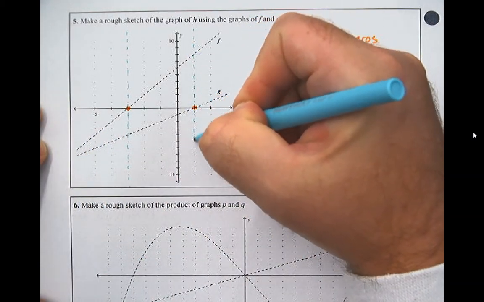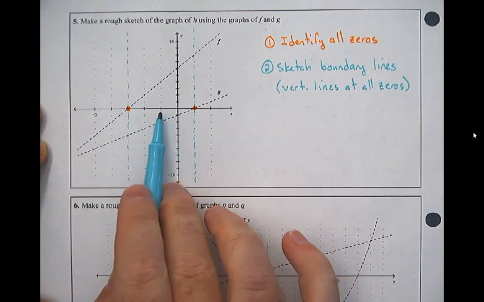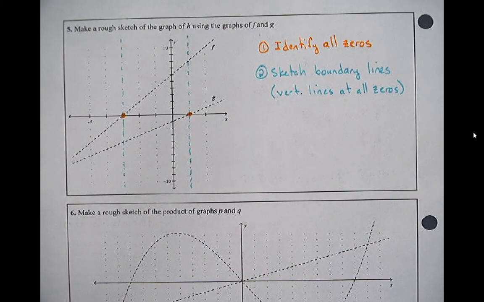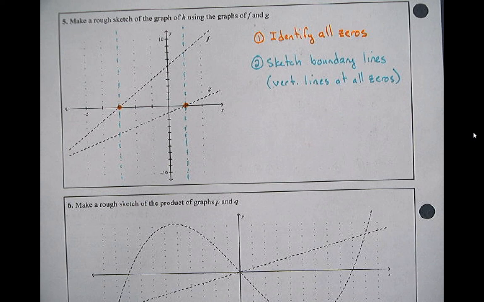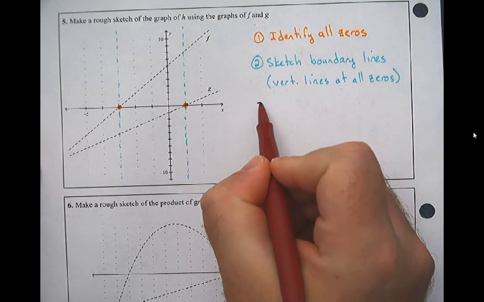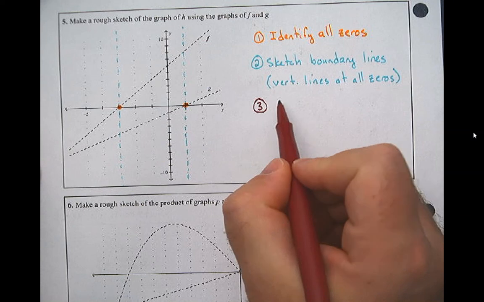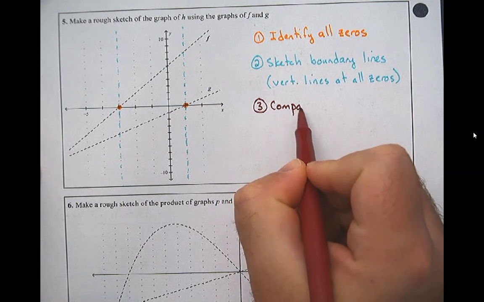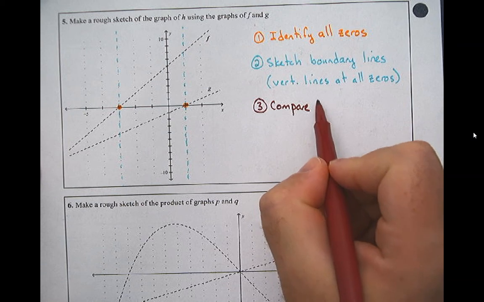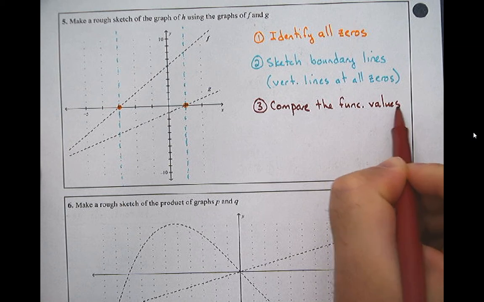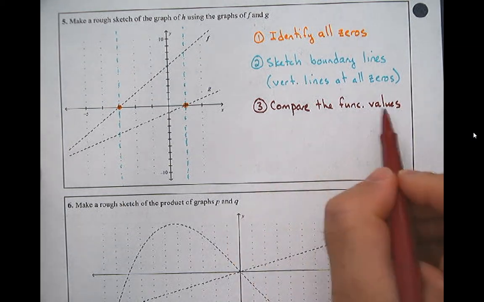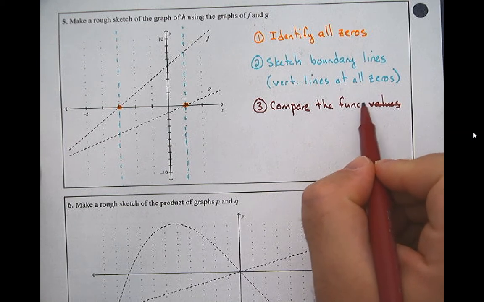Draw another vertical line at the other 0, everything between the zeros, and then everything after this 0. And then last but not least, we would compare number 3, compare the function values. I'm going to move that. Compare the function